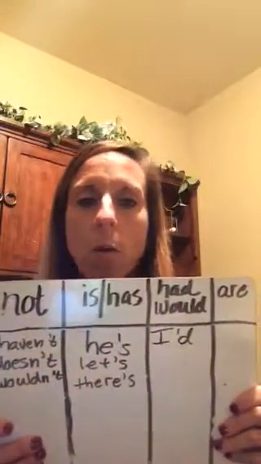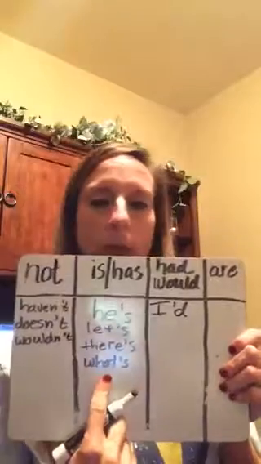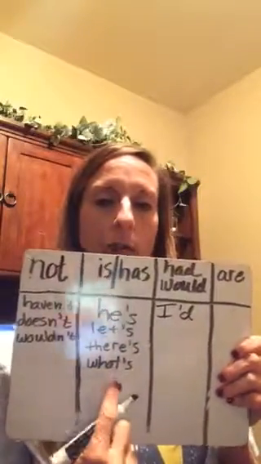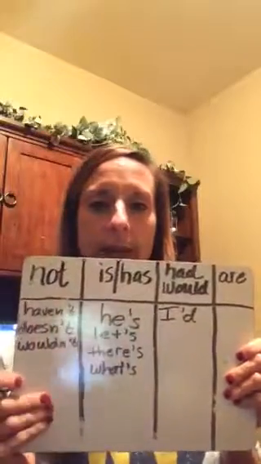Okay, next we have what's. What's. Where do you think what's goes? What's going on in there? What's. Okay. The S column. W-H-A-T apostrophe S. Ooh, it looks like the not and the is-has columns are winning, huh? Okay,